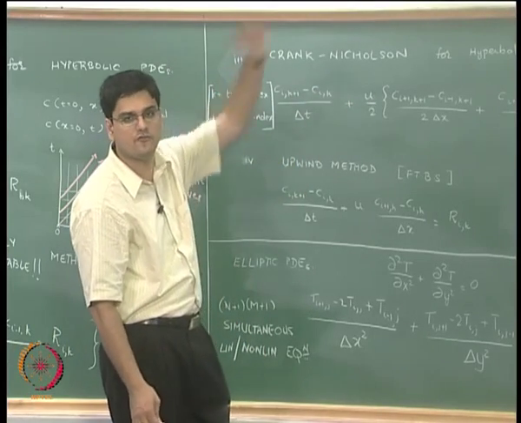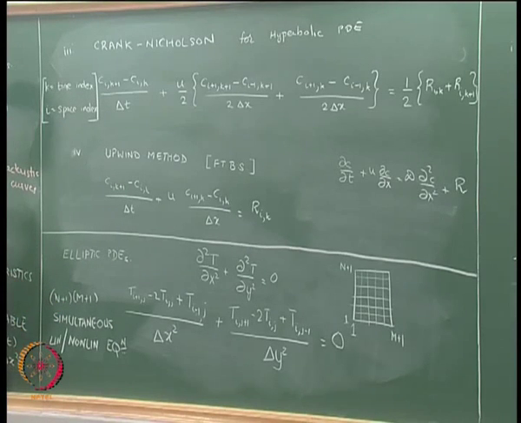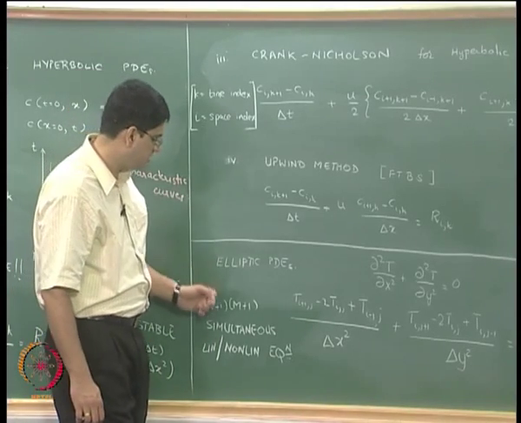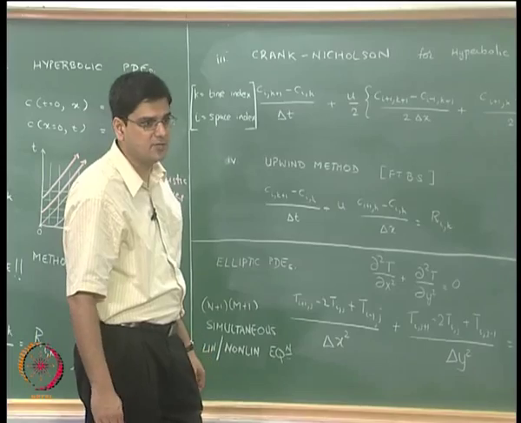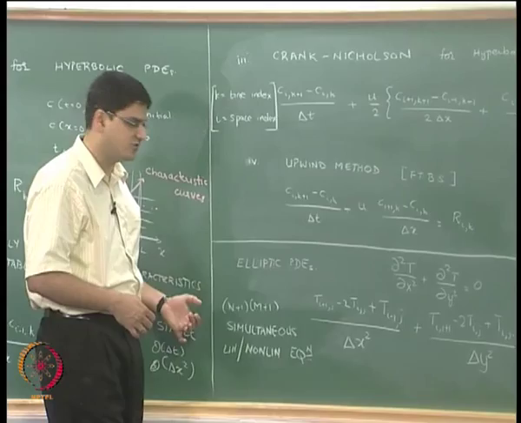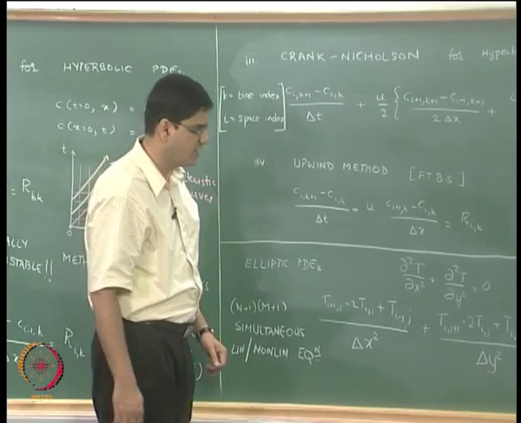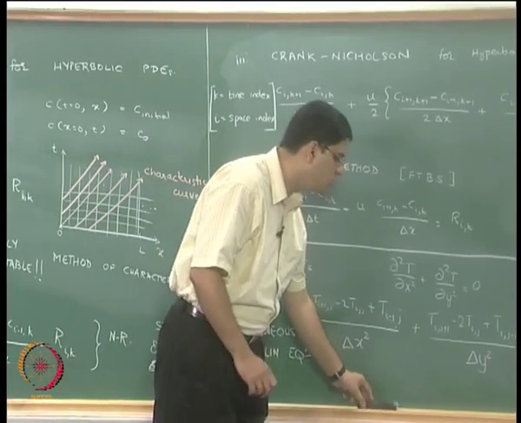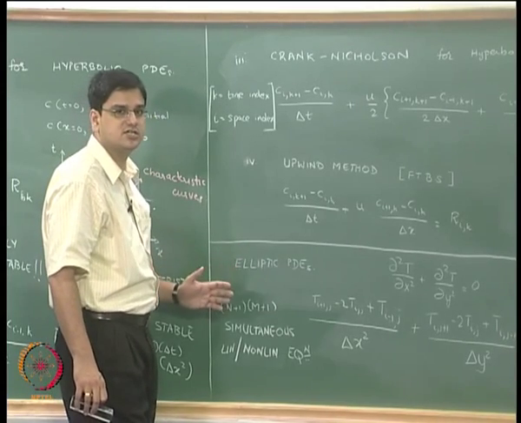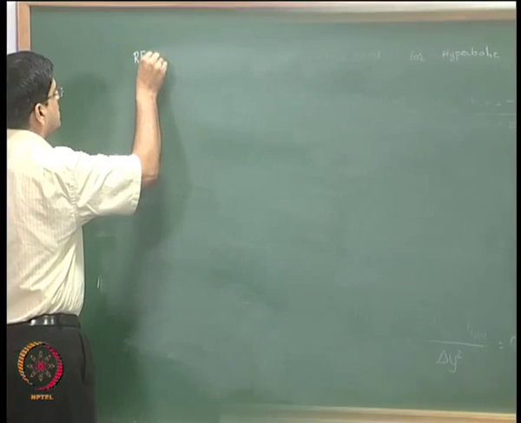So it evolves in one direction in time, whereas in elliptic PDEs you have to solve the entire n plus 1 multiplied by m plus 1 equations simultaneously. In general, the amount of effort required for solving m plus 1 multiplied by n plus 1 equations in one go is going to be much greater than the amount of effort required in solving n plus 1 simultaneous equations m plus 1 number of times. Okay. So that is the overview of the various finite difference methods that can be used for solving elliptic, parabolic and hyperbolic PDEs.